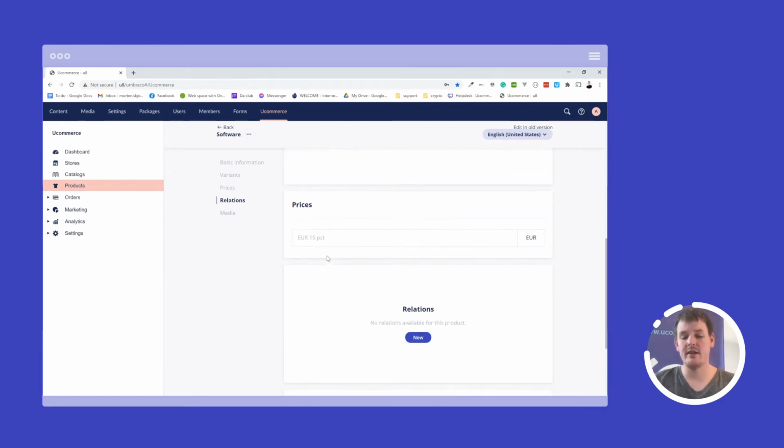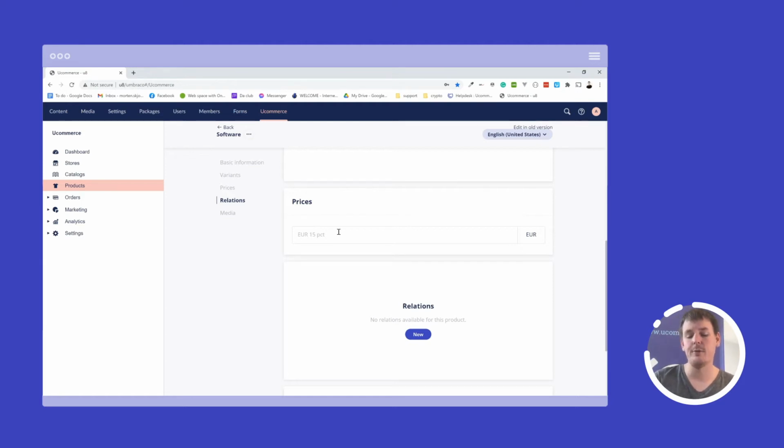The pricings for a product can be edited in here as well. Those are based on price groups, which also has another video that will explain that. But basically the pricing tab is all the different list prices for your product without VAT. I can maintain them in here as well, giving me the ability to set all the different prices that I have access for. There's also a separate video for security. So if you're unsure how to maintain security for your catalog items, you can see that video as well.